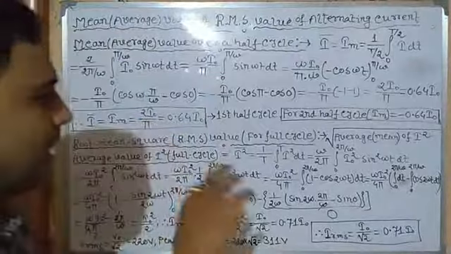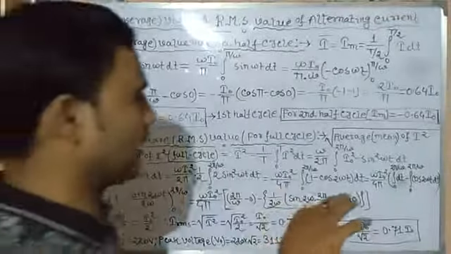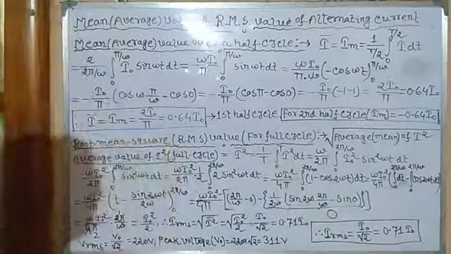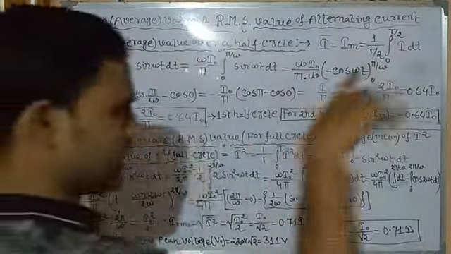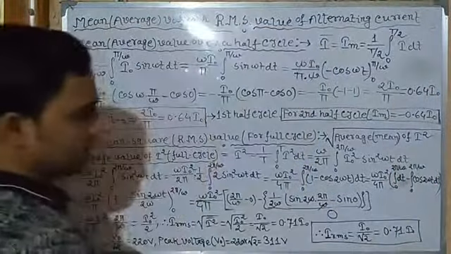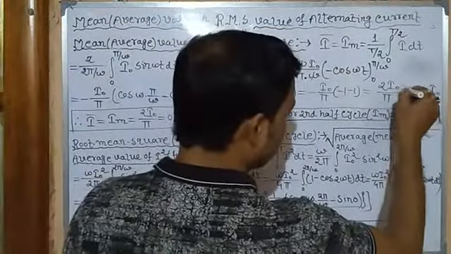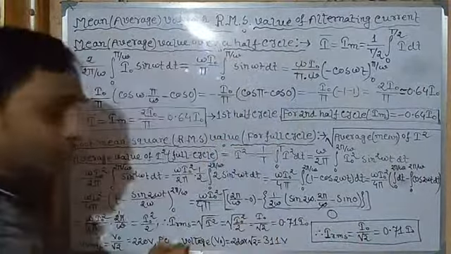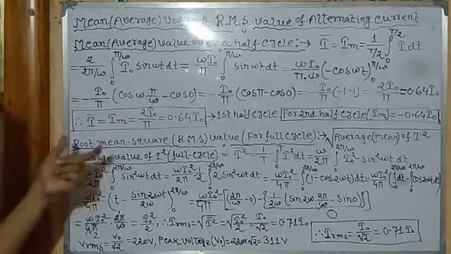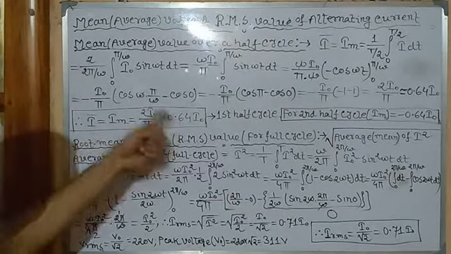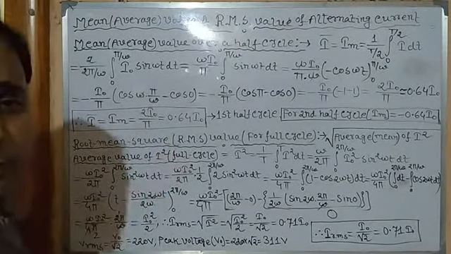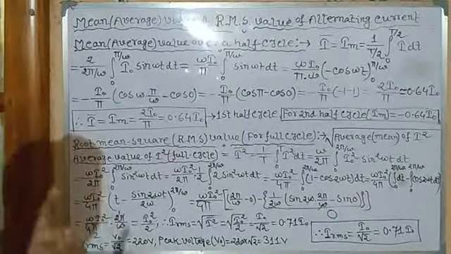It becomes in the form of 0.6... or 0.635, like this. So the closest value is 0.64, or we may write it like this, very near equal, instead of the equal sign. So the mean or average value of alternating current is twice I0 by pi, which equals 0.64 I0. It is very important. You need to remember it.